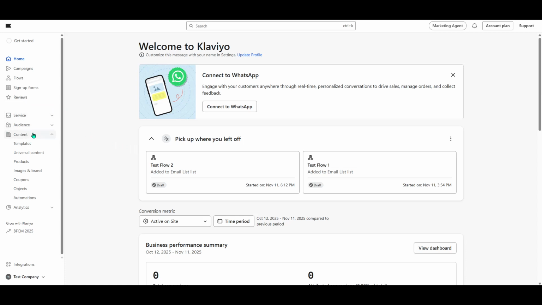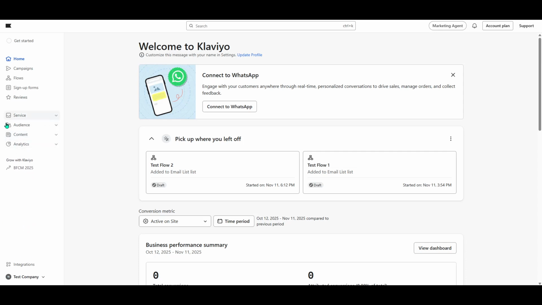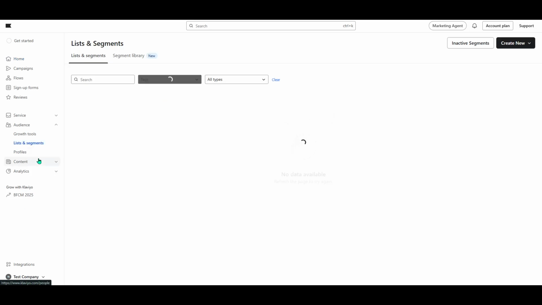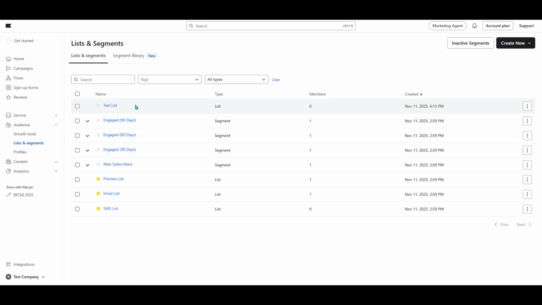First, you'll want to navigate to the main interface of Klaviyo. Once you're there, direct your attention to the left-hand panel. You'll find an option labeled Audience, and this is your starting point. Just give it a click, and a few more options will appear before you. Among these, look for Lists and Segments. This is where all your contact lists live, whether they're specific segments you've created for targeted campaigns or general lists